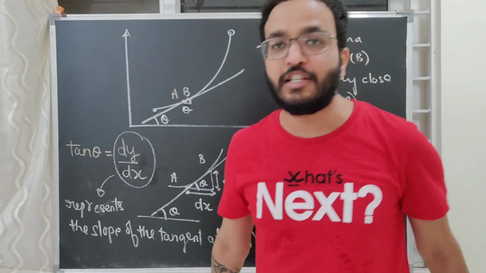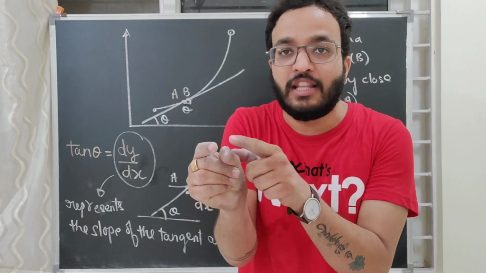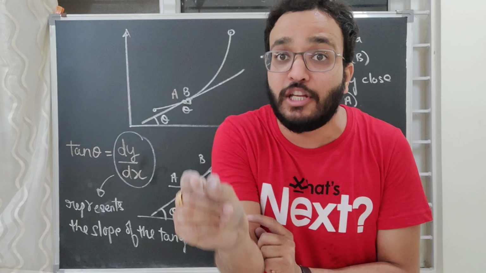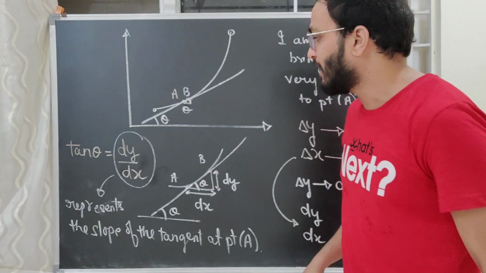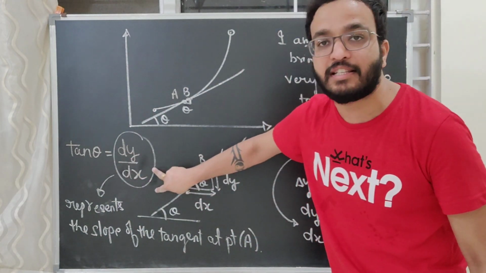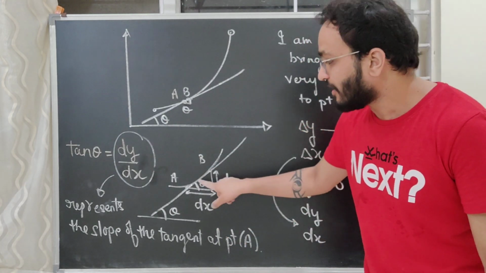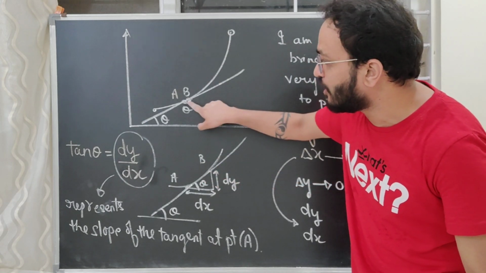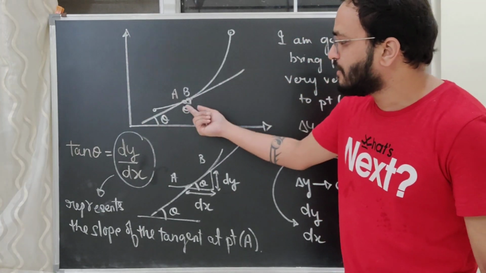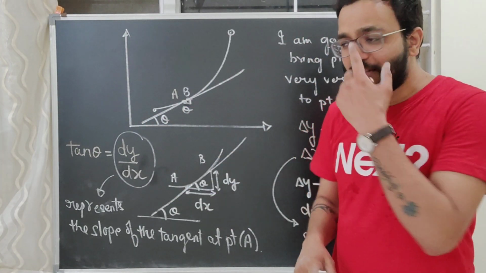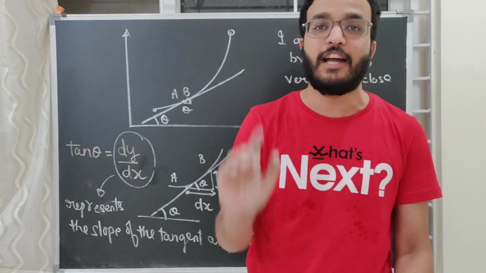So what we did is we brought B so close to A such that the change in the x coordinate of A and B is dx. It's very small, and the change in the y coordinate of A and B is extremely small, dy. Such that tan theta, instead of writing delta y by delta x, I am using dy by dx. So this dy by dx is actually representing the slope of the tangent drawn to the curve at this point. Can you see that? If I extend this line, I am simply getting a tangent at point A. That means dy by dx is representing the slope of the tangent drawn to the curve at any point.